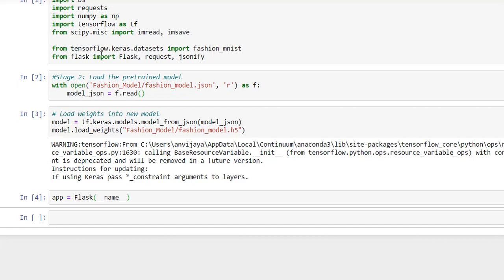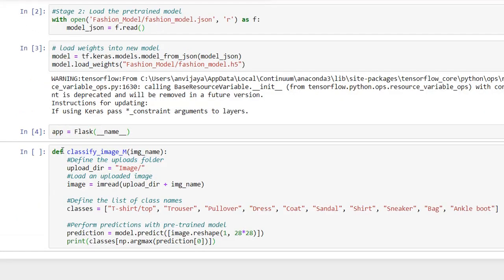If you see here, we have loaded the pre-trained model into this model variable, and we have also initiated the Flask class. The next thing is we need to define a function to call the model, predict with that model, and then return the output. For that we need to create one function. Let us do that.